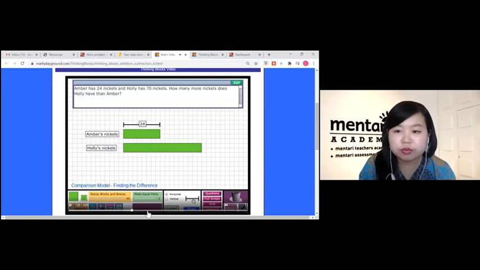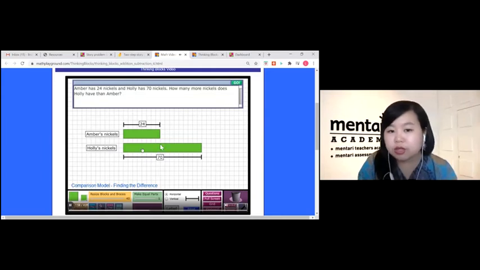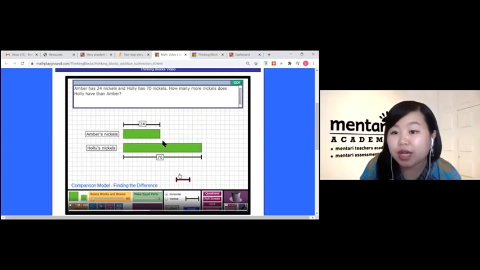And we should show that this block represents the number 70. We can drag a label and enter the number 70. Now the question asks, how many more nickels does Holly have than Amber? So the question is asking us to find the difference between